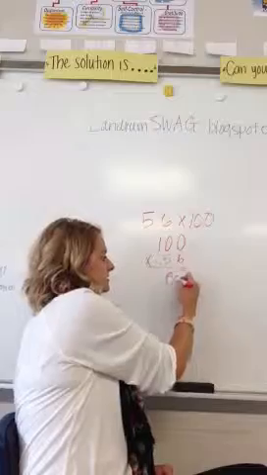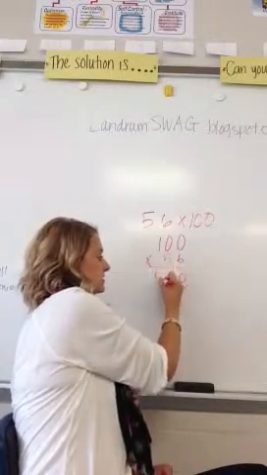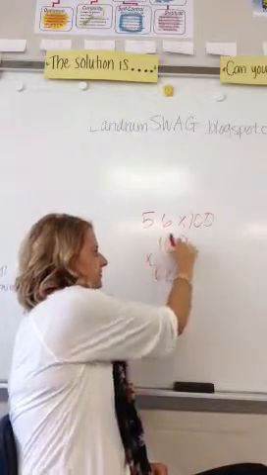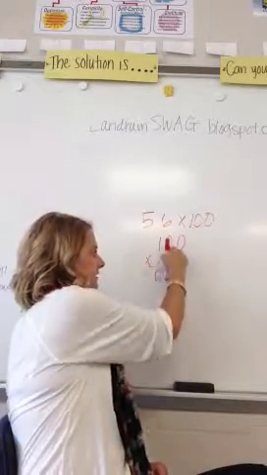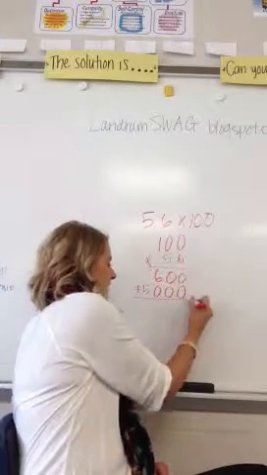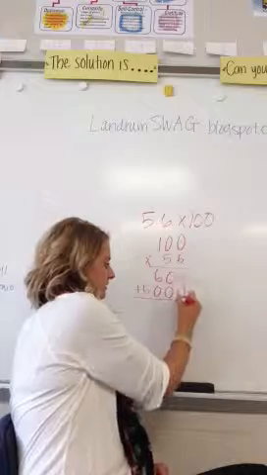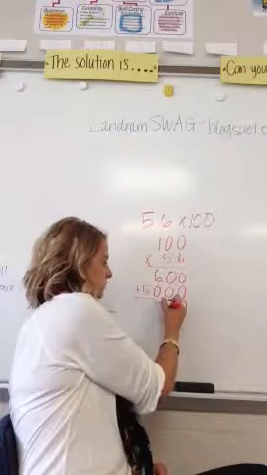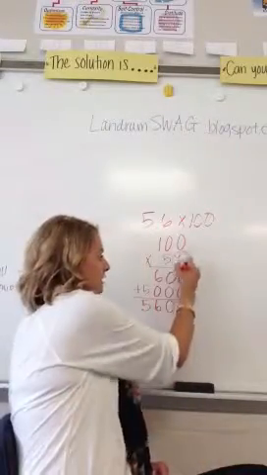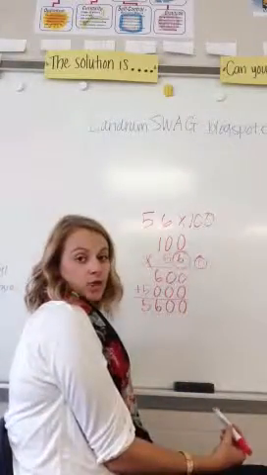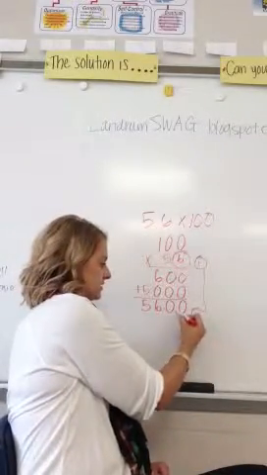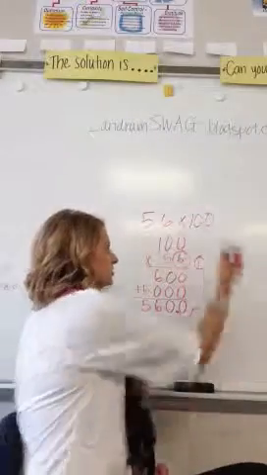6 times 0 is 0. 6 times 1 is 6. Now I'm skipping a place value, so I have to put a 0, and now 5 times 0 is 0, 5 times 0 is 0, 5 times 1 is 5. When I add it up, 0 plus 0 is 0, 0 plus 0 is 0, 6 plus nothing is 6, and 5, bring it down. Now because I had one decimal place in the problem, I also need to have one decimal place in my answer. So that brings my answer to